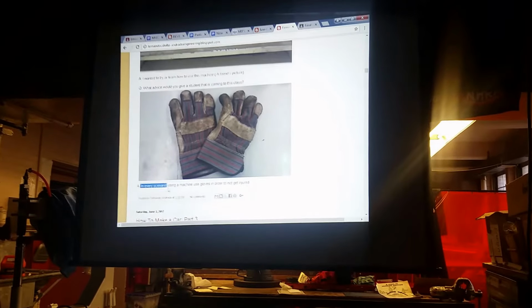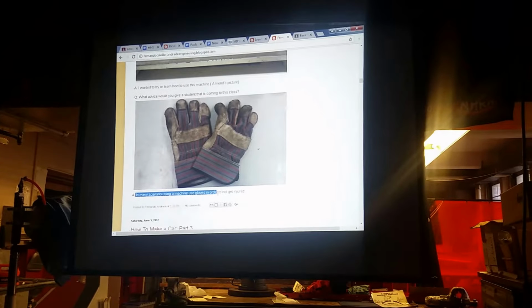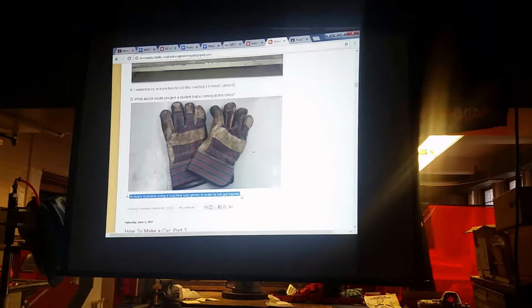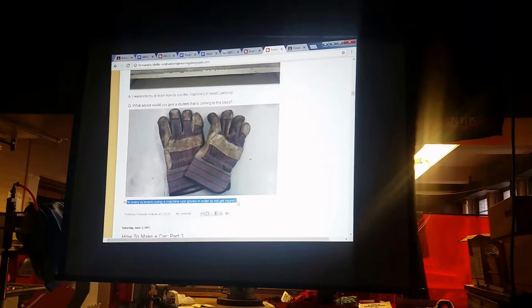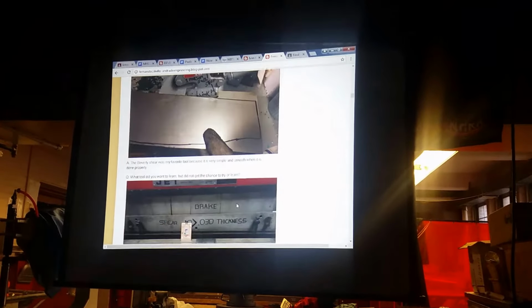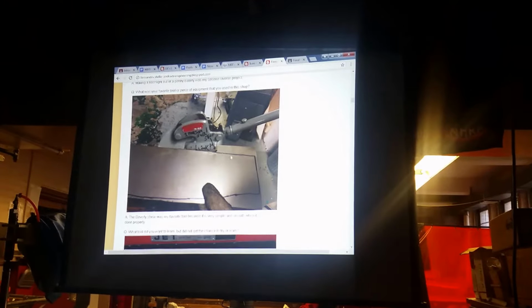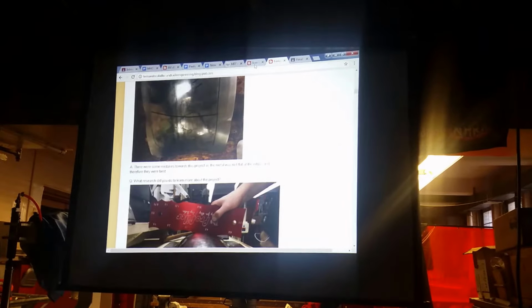In every scenario using a machine, use gloves in order not to get injured. That's real. Don't mess around. The stuff in here could hurt you. See, this is a scissor for metal. And then if you look at Ivan, let's look at Ivan's